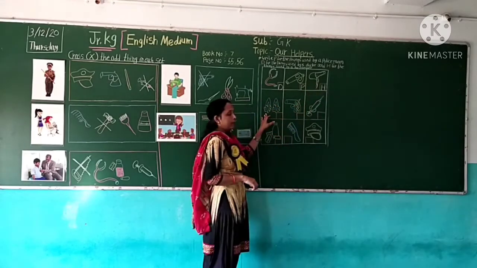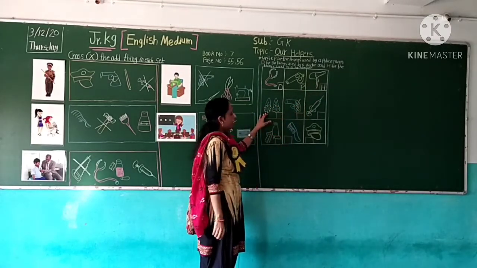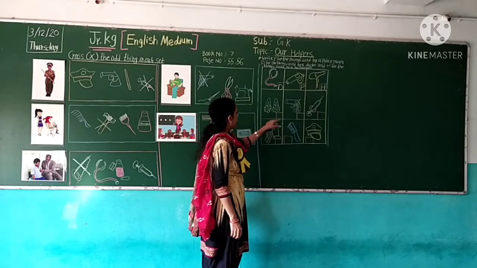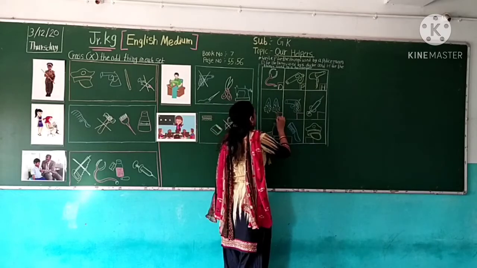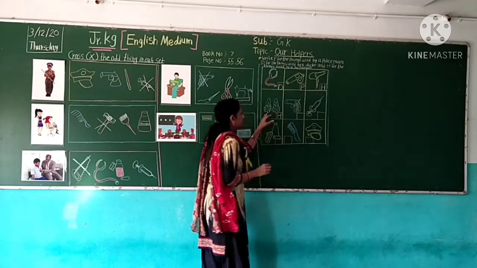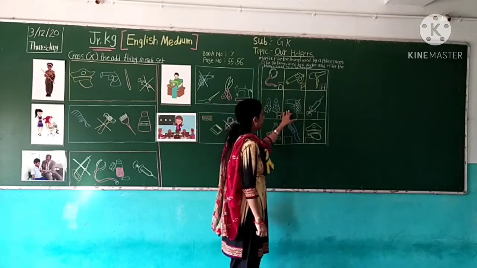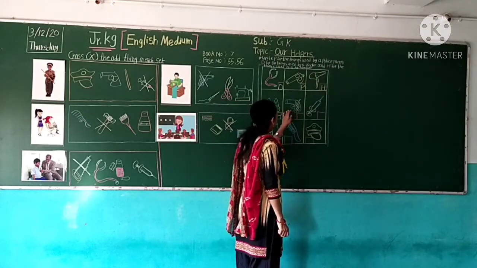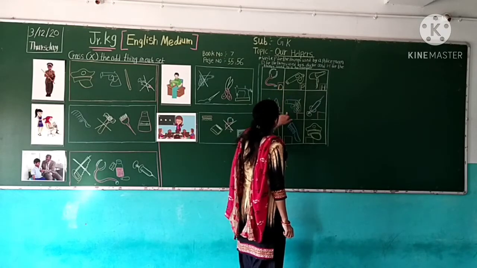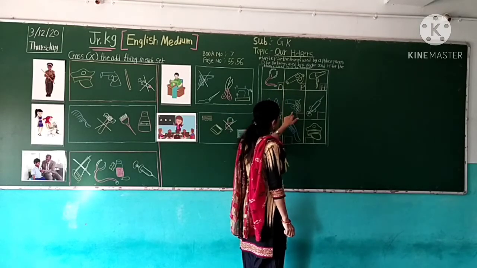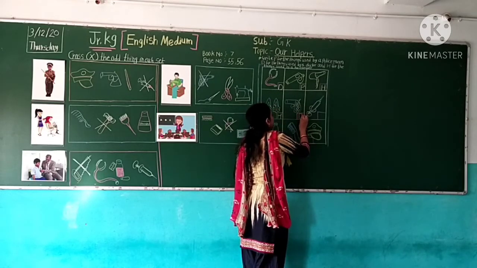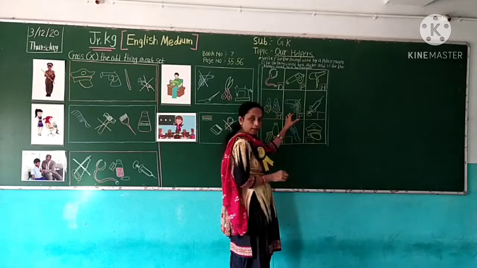Okay. Now next, which picture is this? Hair clip. Which picture is this? Hair clip. So here we write letter H. A hairdresser uses this thing. Which picture is this? Gun. And which helper? Write P for the policeman. These things are used by a policeman. So here we write P. These things are used by a policeman.